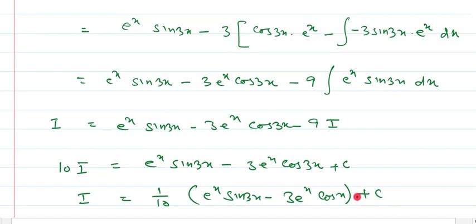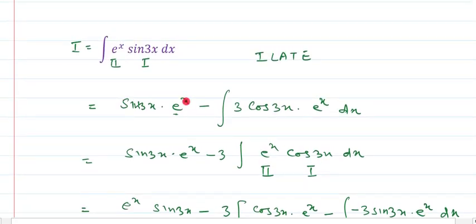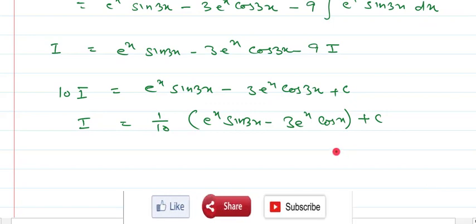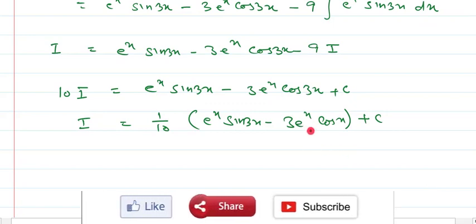Okay, so this is the integration of the function in which both the functions are of the type that no one will vanish, neither after integration nor after differentiation. So in such type of functions we'll take in reverse as we have done in sin cube x also. So in reverse we'll take the value of I and then the integration is to be calculated.